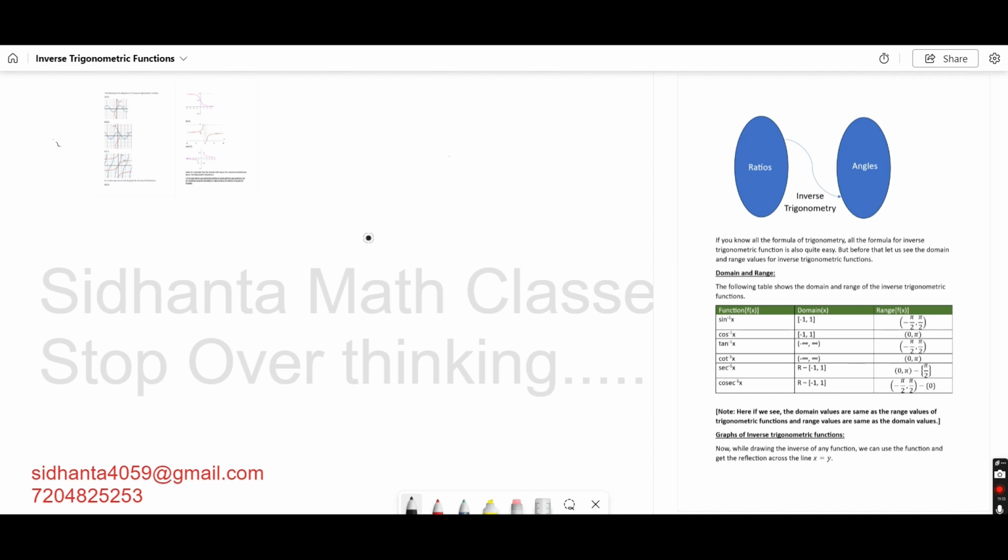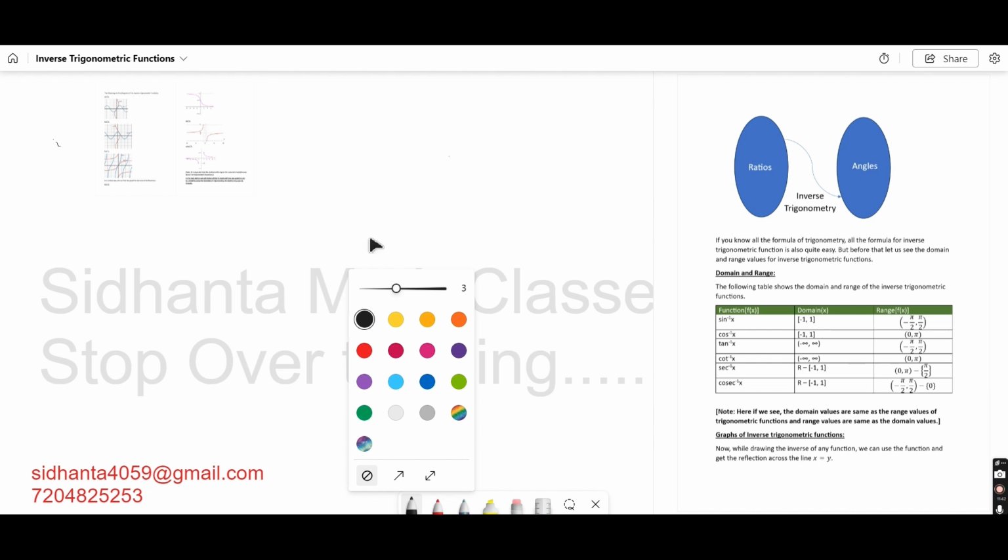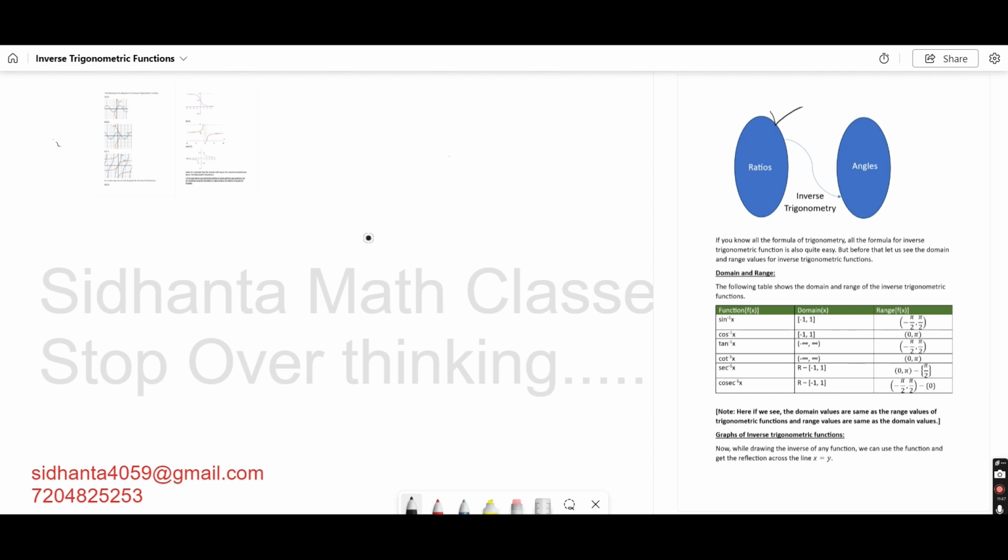Okay, so in case of inverse trigonometric functions, the domain and range get interchanged. They won't remain the same. Obviously you are taking the inverse, right? While you were considering trigonometry, you were applying the formula on the angle and getting the ratios. Now you are using inverse trigonometry. So in the inverse process, whatever range values you were getting,